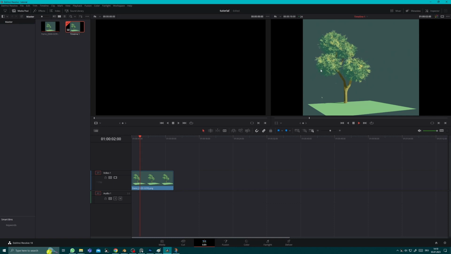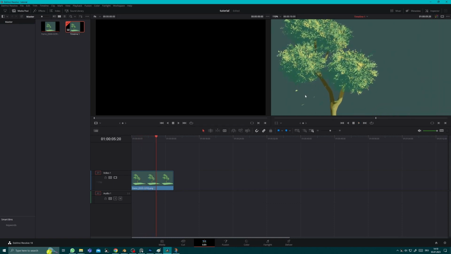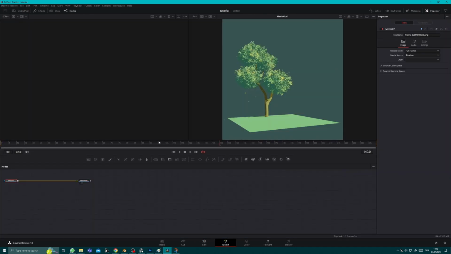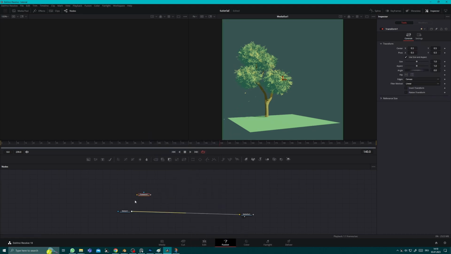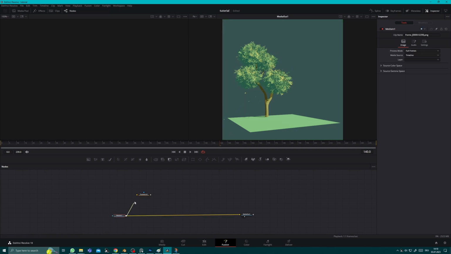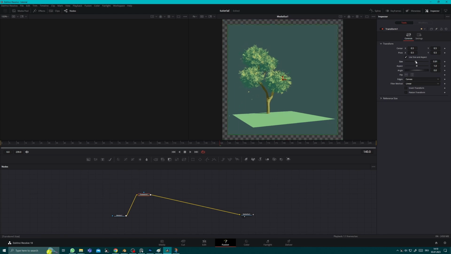So we have our video over here of our tree swaying in the wind. And let's go into the Fusion tab, which is basically a node-based thingy to modify your video. And we will add a tool called transform. And then we will put that into here, and then we will scale down the video,